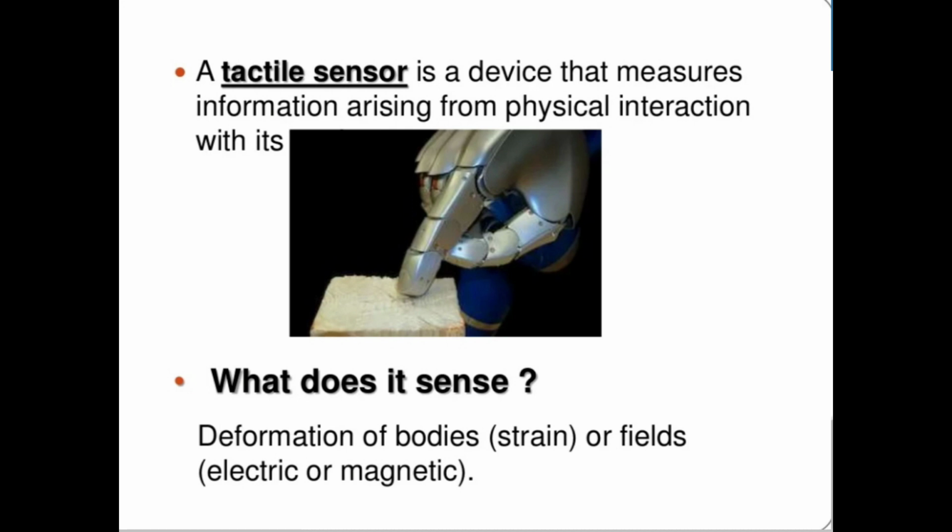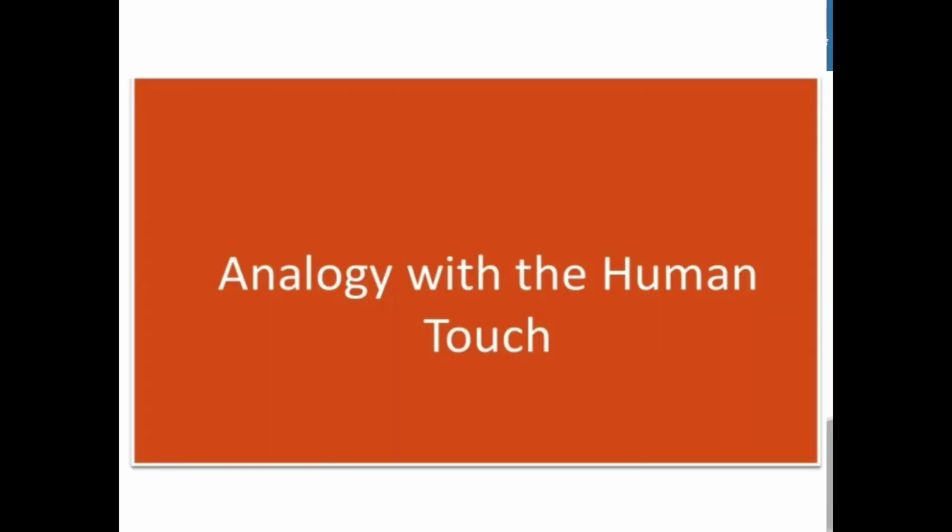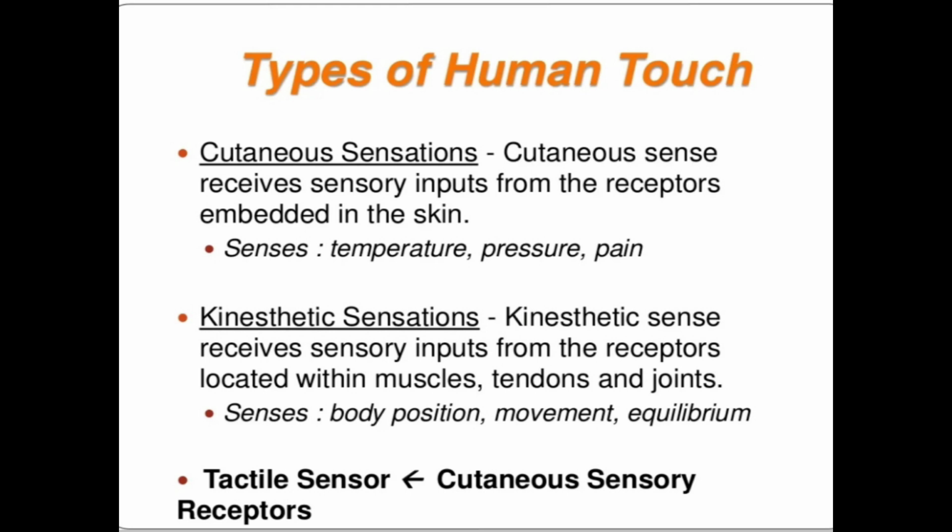What does it sense? Deformation of bodies, strains or fields. Fields are nothing but electrical field and magnetic field. An analogy with the human touch. Types of human touch: